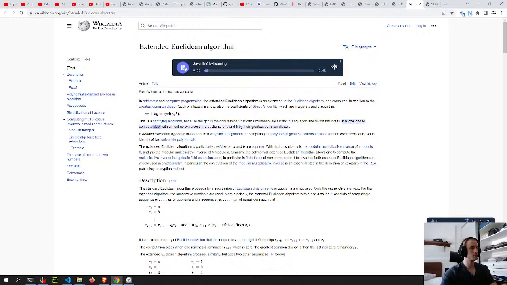It allows one to compute also, with almost no extra cost, the quotients of a and b by their greatest common divisor. Extended Euclidean algorithm also refers to a very similar algorithm for computing the polynomial greatest common divisor and the coefficients of Bezout's identity of two univariate polynomial. The extended Euclidean algorithm is